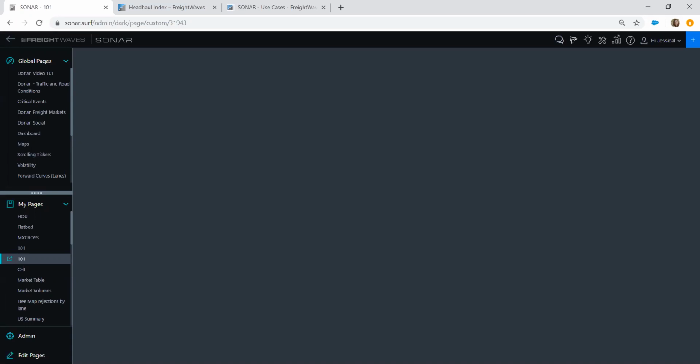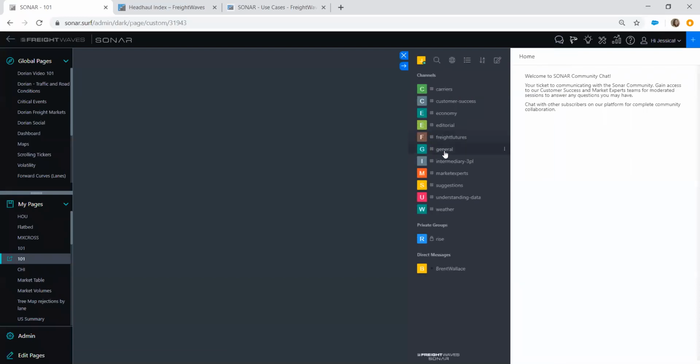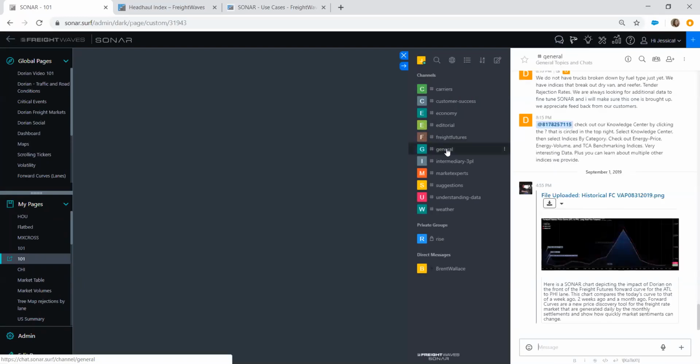Before I get into actually building a page, I want to talk about a couple of the functions we have in the top right-hand corner. The double bubble in the top right is our moderated chat function. This is here for you to really converse about what's going on in the market or in the platform. If you have questions about a data set, what the data set means or how it affects the industry, or just questions about specific markets in general. If you're struggling in an area or seeing a very strong market, talking on here